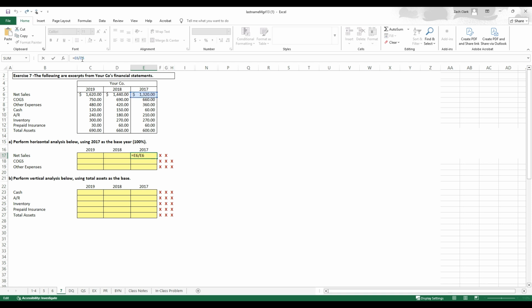But here's a little trick for you. We're going to click into this cell's E6 in the middle of it or next to it with your cursor, and then hit the F4 key, and it puts the dollar signs around. And that means it's going to lock in this base year number. And so then if we drag across, you can see that this one moves to D6, and now we're dividing by that original base year of 1320. Do the same thing again. So when you have the dollar signs, it locks in that reference. But then this one moves, which is what you want for all the types